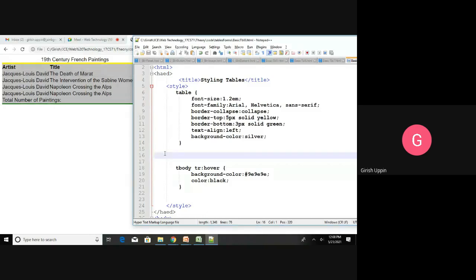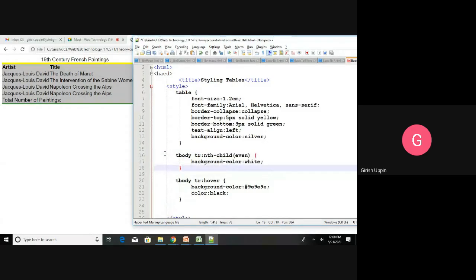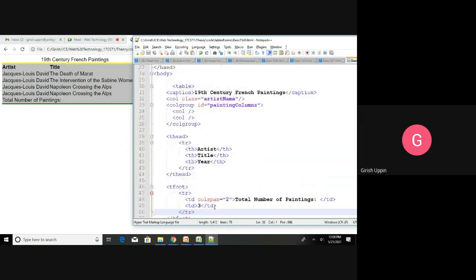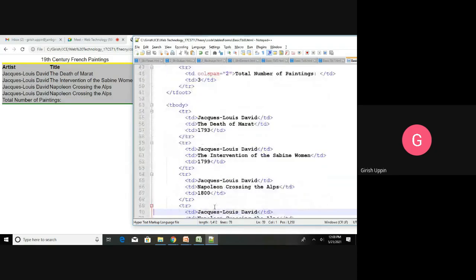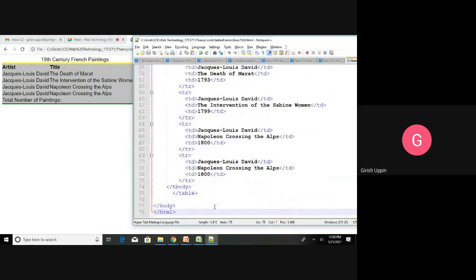Now I apply the nth-child styling. So this is the tbody. How many records are there? Here there are 4 records. Okay, let me see how many there are. Tbody 1, 2, 3, 4. For the sake of odd and even, I have taken 4.